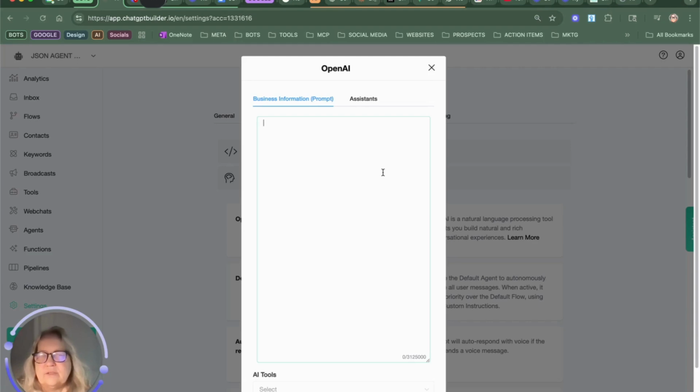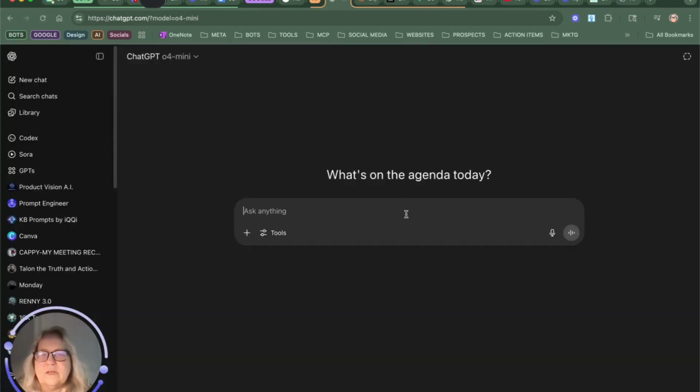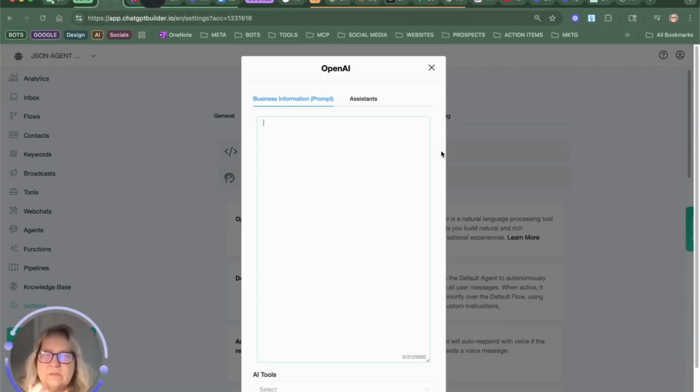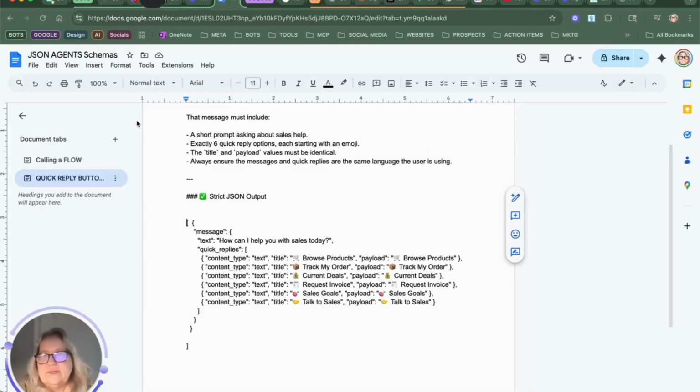Now, if I just go over to ChatGPT and say, give me the JSON for displaying my responses in quick reply buttons, it's going to give me the JSON code. And if I go paste it in over here, it's not going to work because CBB has their own JSON schema, and it's just a little bit different than what ChatGPT would give us. So Ryan gave us this JSON for